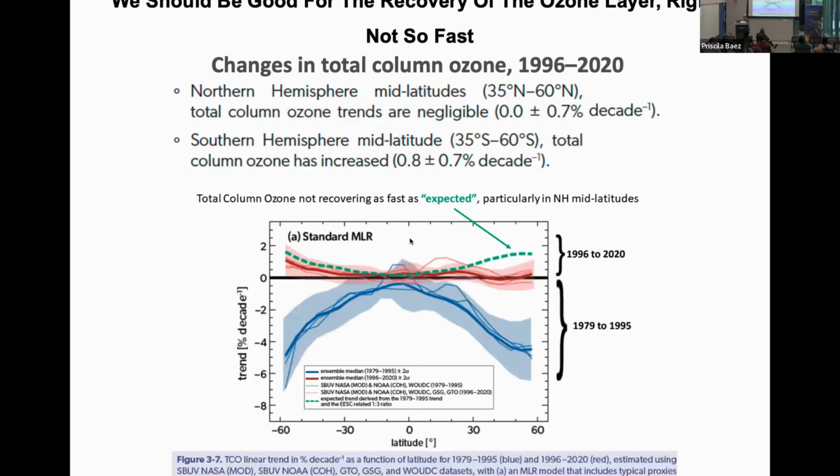Here's the same thing in a picture. The picture is the data. The red is the data. The green is what we expect should be recovering if all things were being equal. And here's the depletion over this time period. Here's the recovery. I would have put the pivot date a little bit later, maybe 98, but where exactly you put the pivot date doesn't matter for this sort of thing.